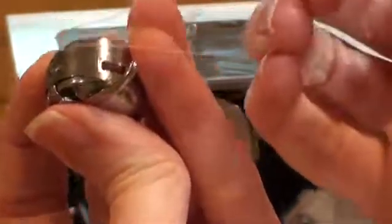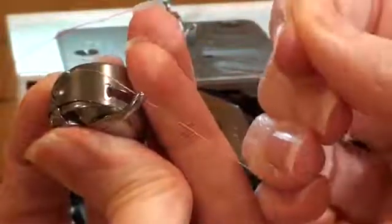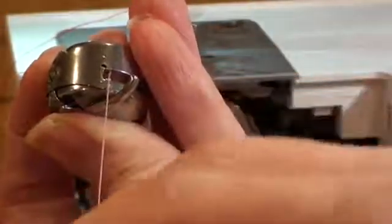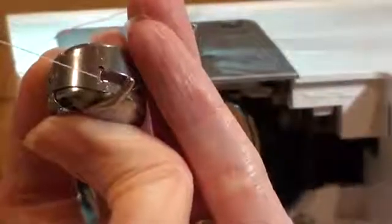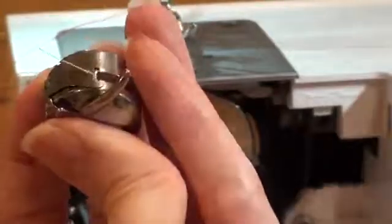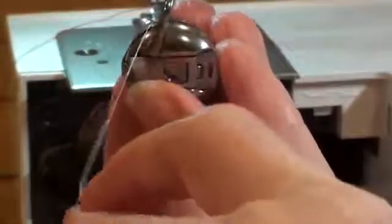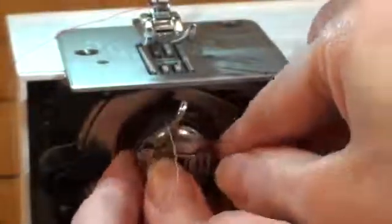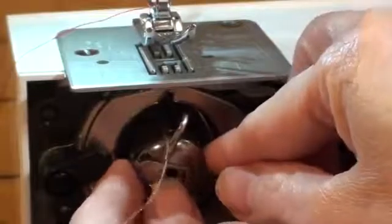Take your thread right here. Pull it so it slides underneath this little area here, and then you haven't quite finished yet because you need to go down and pull it. So now it's in there good, okay? So once you have that in there, just drop your thread so it's on the left side, okay? You're going to take it and you're going to place it back